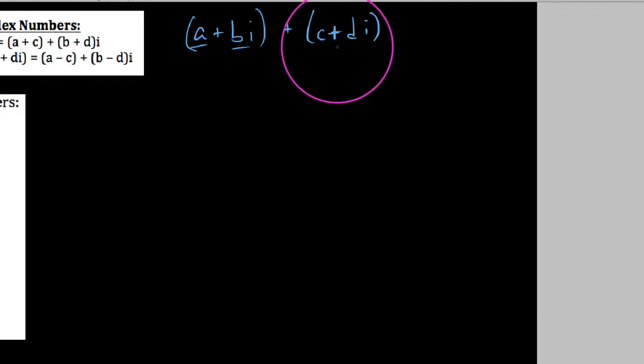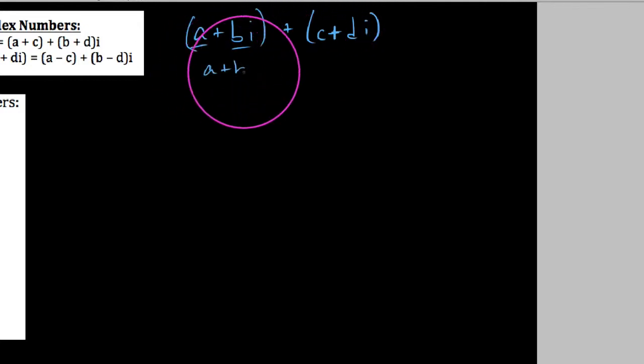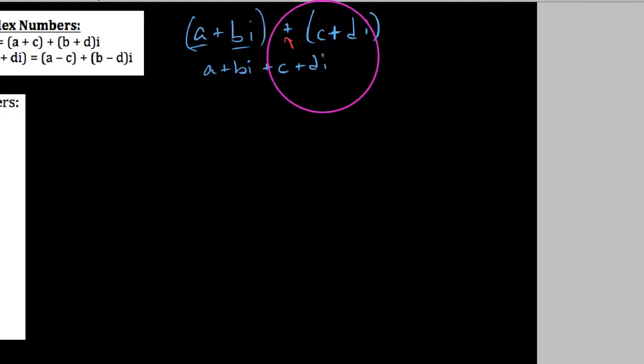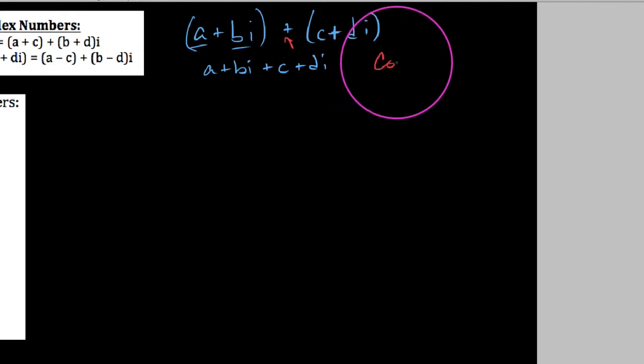plus c plus di. The cool thing about this is when we do addition and subtraction of complex numbers in standard form, we can just drop these parentheses here because we've got a positive in front of this. Ooh, I don't want to confuse that with the plus or minus. A positive in front of this set of parentheses here. Basically what it comes out to be is this right here. And it's going to be combined like terms. So just combine